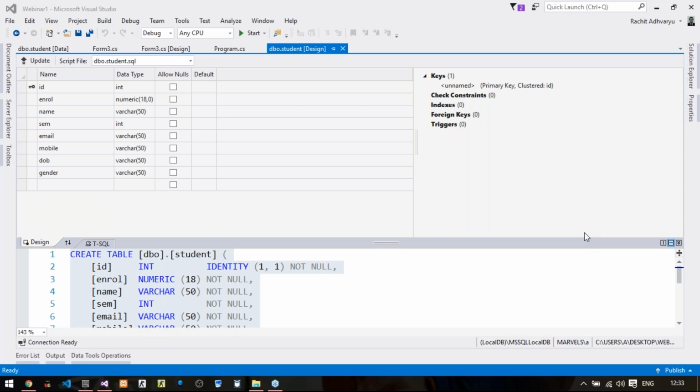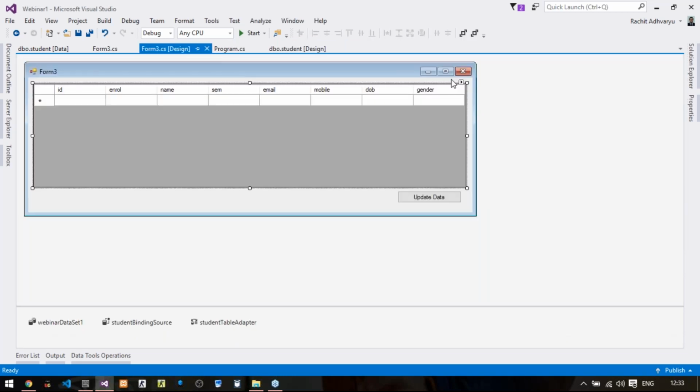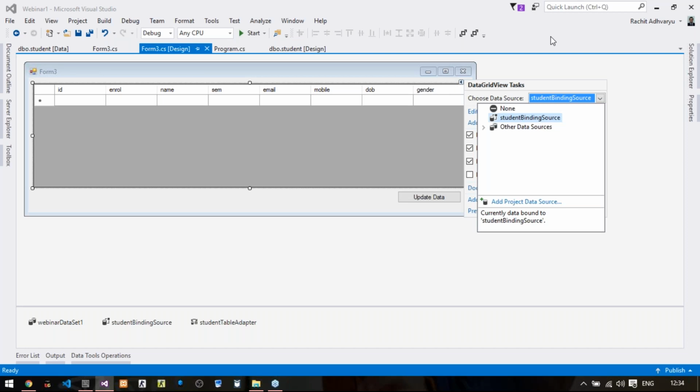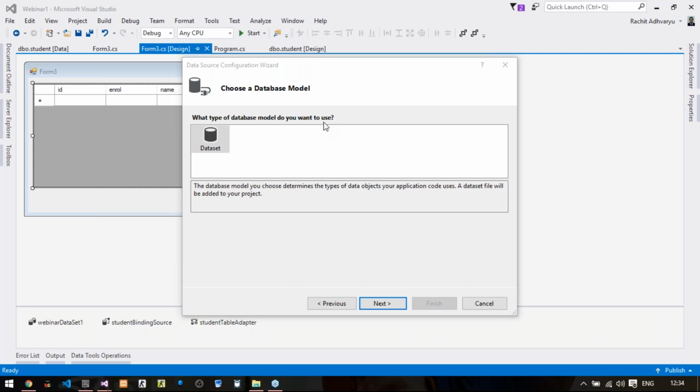Okay, so the data binding steps are: again click on this control, go to the black arrow, select add project data source, database, click on next, data set, click on next, provide the connection string of your database using the browse option, then go to next, select the table that you want to display, all the columns or a few columns, and click on finish. It will automatically bind your data.